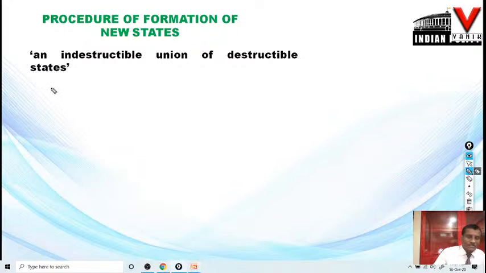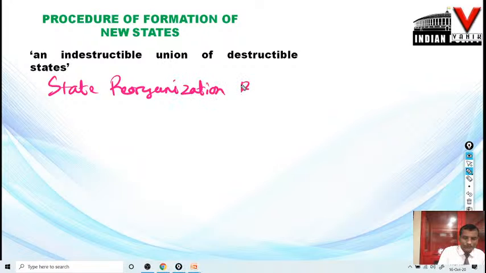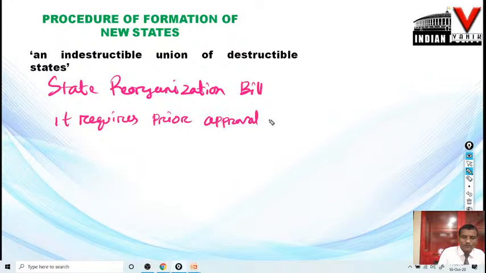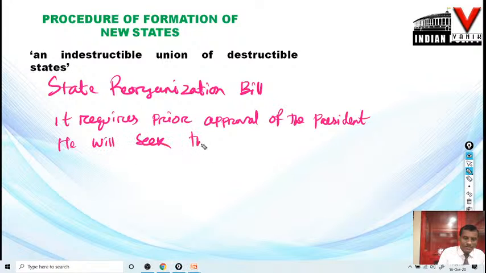a bill, SRB, state reorganization bill. The bill under which a new state is formed is called state reorganization bill. It requires prior recommendation or approval of the president. The president needs to give prior approval. He will consult, he will seek the opinion of the state,